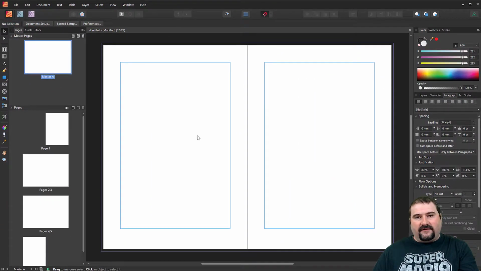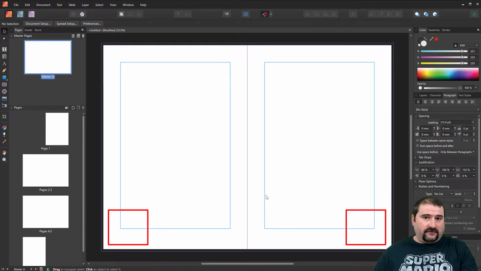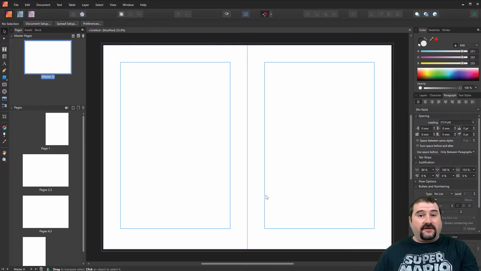And then you see if you have facing pages, one's going to be on the left, one is going to be on the right. So now you can see that Master A is highlighted, and let's suppose I want to add 2 numbers, one on the left and one on the right. So if you have facing pages, your odd and your even pages, they both have to be designed the way you need them to. If you're editing a book, you need to consider the left and the right side page. If you don't, then you don't need to. And you set this up when you create your document, by the way.